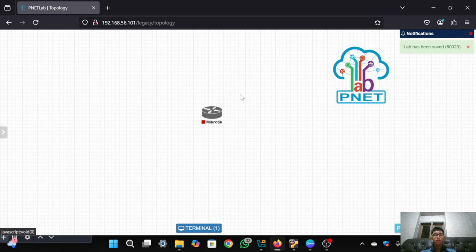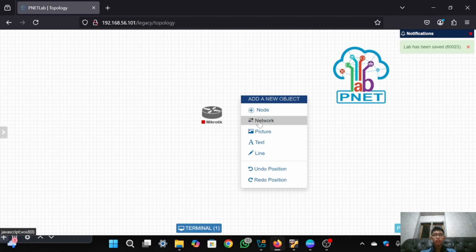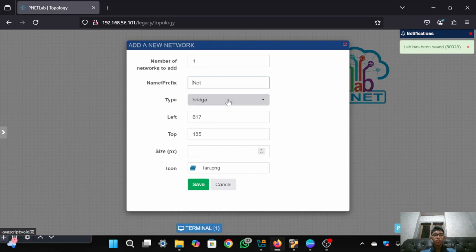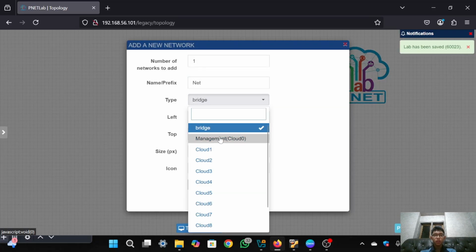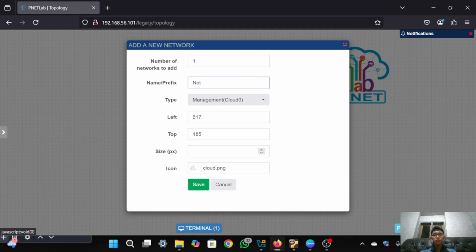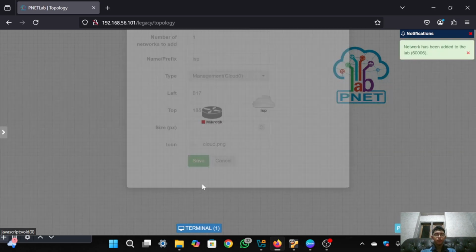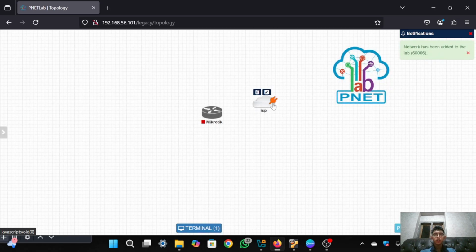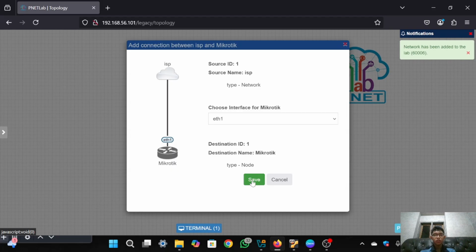Then right click again, click Network, and change the type to Management Cloud 0. The name you can change as you want. Then click Save. Then connect the network to the MikroTik. Click Save,